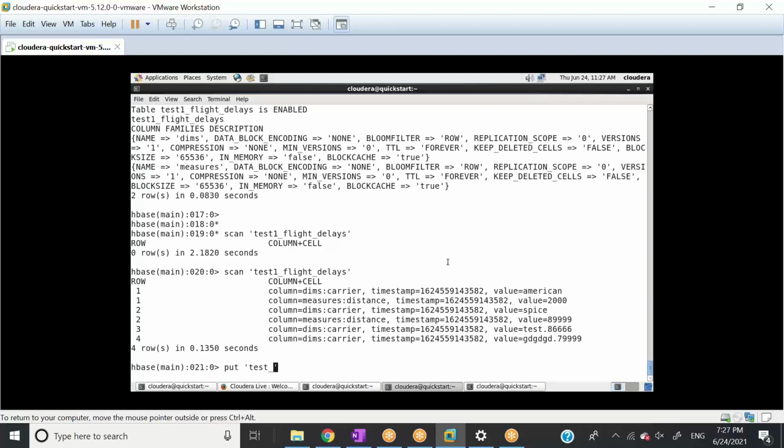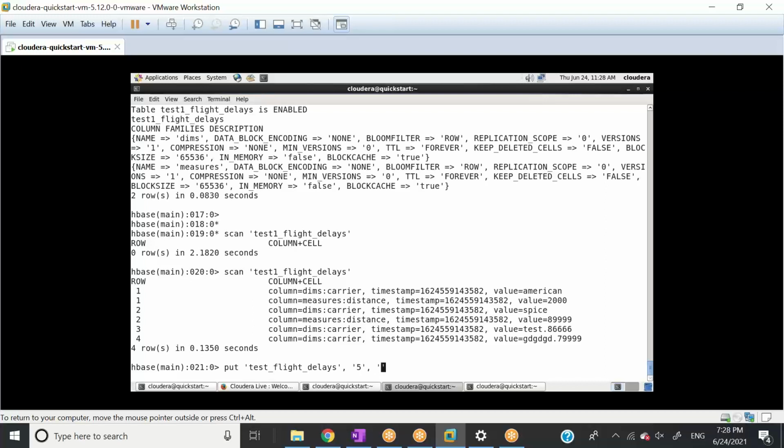And now let me put one more row into which table? Test flight underscore delays. Into which column family? Let's say row ID is 4 or 5, whatever. Let's say 5. I'm just trying to see whether it will work.